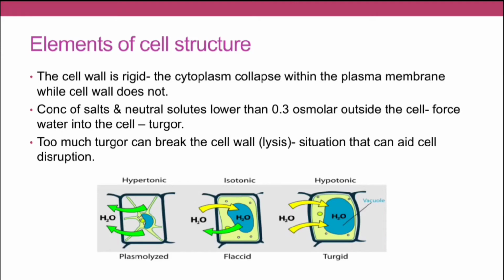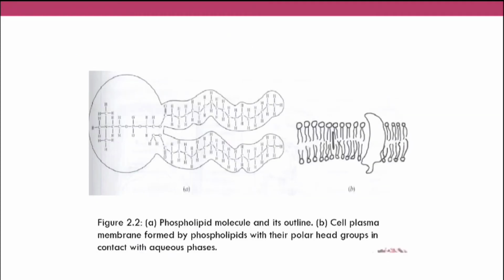So various techniques are there. We can create a hypertonic environment. We can create a hypotonic environment. In the isotonic environment, what happens? The concentration of solute outside and inside is the same, and that is why the cell does not get disrupted. But in a hypertonic or hypotonic environment, you can disrupt the cell wall.